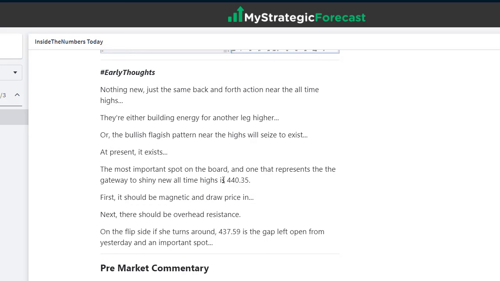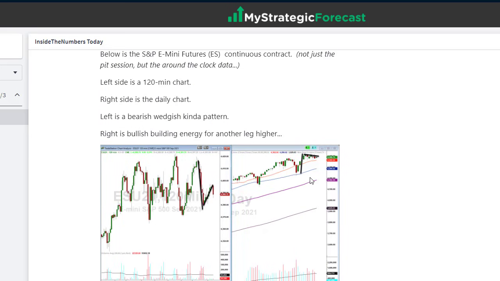The early thoughts at 0 dark 30, we have a couple of numbers up on the board, 440.35, 437.59. Does this 440.35 sound familiar? And yes, it's the same breakdown candle high within 2 pennies, giving it a little cushion there. And what we're saying here is if they push above and they start getting above that, that's the gateway to new highs. They did that in the afternoon, but it looked like they were going to do that in the early morning hours. That's why it was on the board. The number doesn't change. It was important.